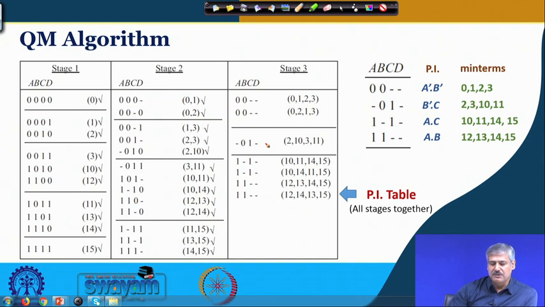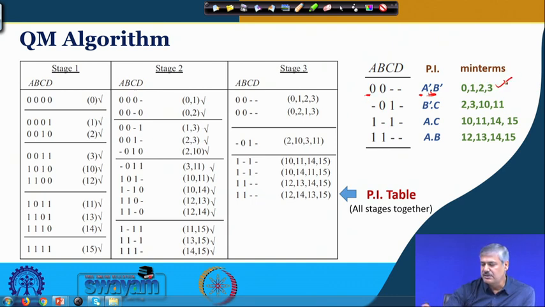So, this is how it will pan out. This is the PI table, and the corresponding terms that we get: 0 0 dash dash and other terms. The way we define it, wherever there is a 0, we write it as A prime for A and B prime for B. So, the corresponding product term representing this prime implicant is A prime B prime, and the min terms